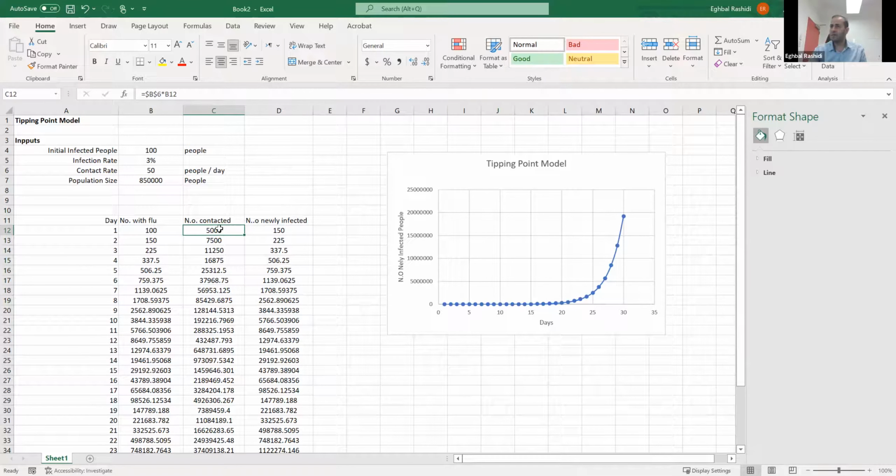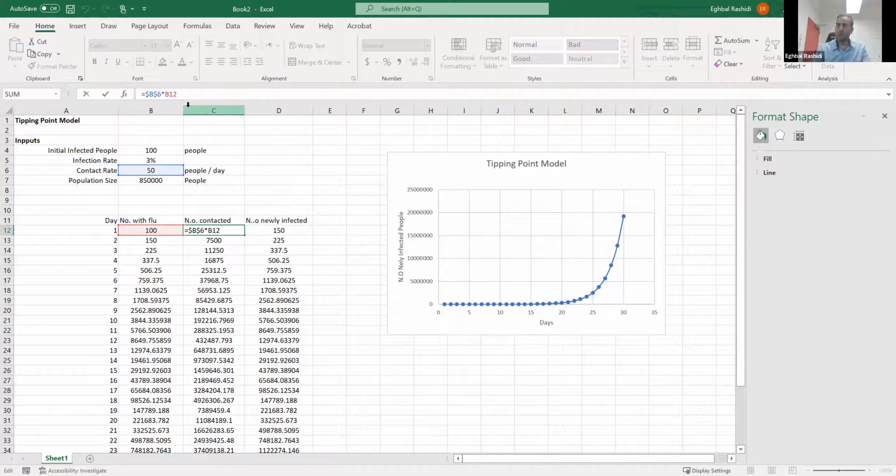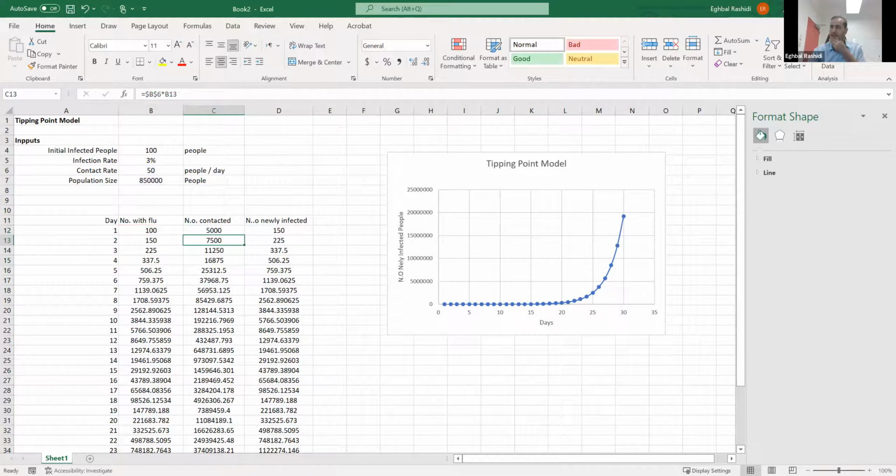So here, I'm going to have to say equal to the min, and I'm going to say B7, which is the population of San Francisco. And because I want this to stay the same and not move to other columns, I'm going to put the absolute value sign, which is a $ sign before B and a $ sign before 7. Right. So now,